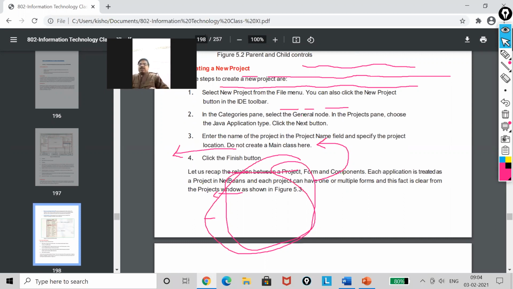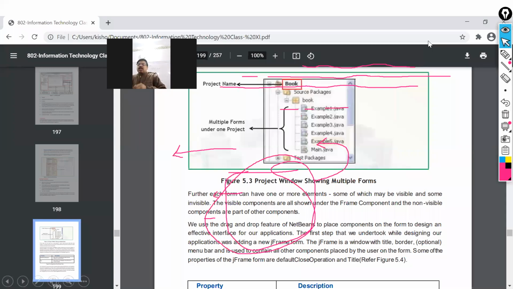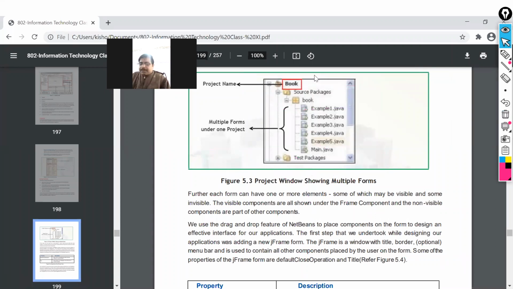Okay. You see, I'm showing you. Students, you can see it. Actually, watch it carefully. Book is my project. You see, book is my project. And inside the project, I have kept my multiple forms.